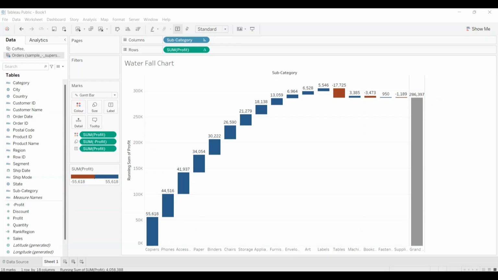So the next we are going to look at is the box plot. We are going to look at box plot. It is another important visualization tool which is also useful in data analysis. So we are still going to use our sample superstore. So we open a new sheet